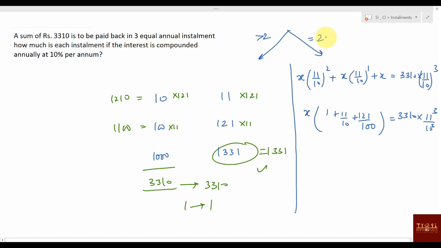Less than 2, what will be there? Nothing, right? So if the installments are 2, go for this method. If installments are greater than 2, then go for this method. Both methods are fine. Whichever method you like and understand, you can solve it by that. Then I think this method is a little useful for you and a little easier to understand, because there is more calculation and less logic.